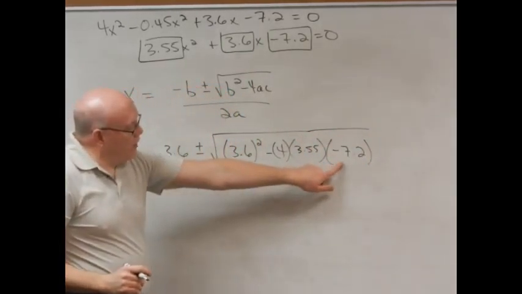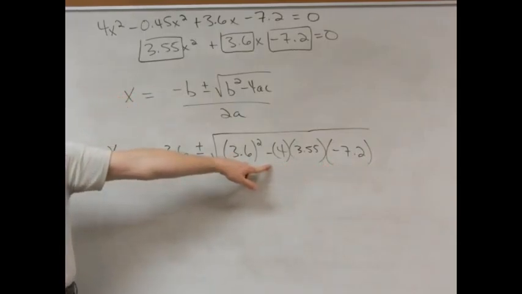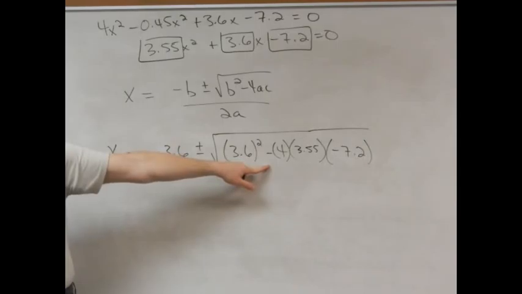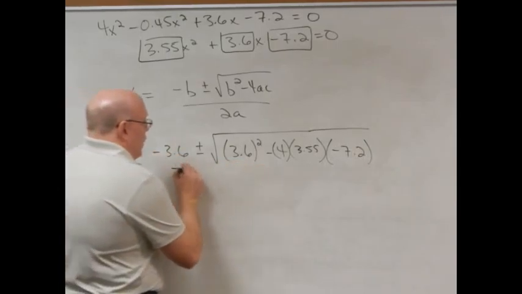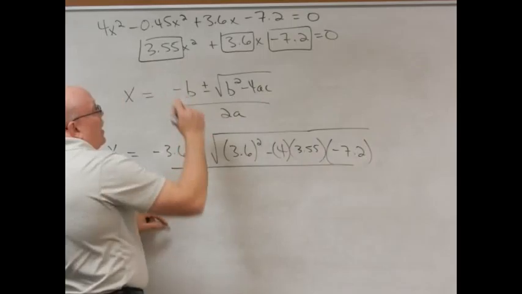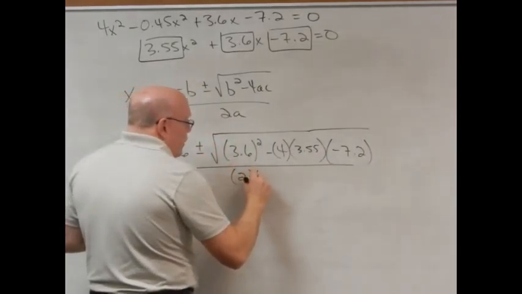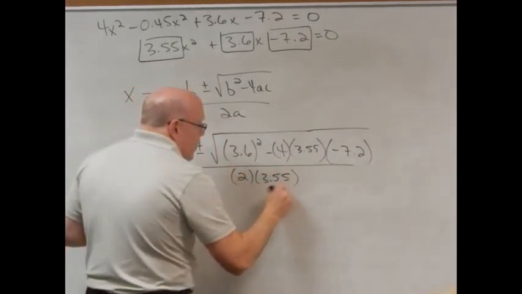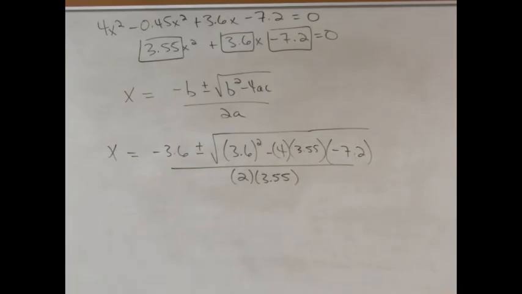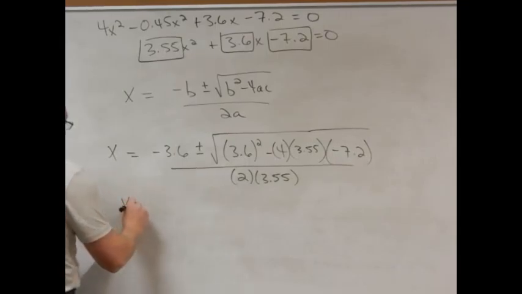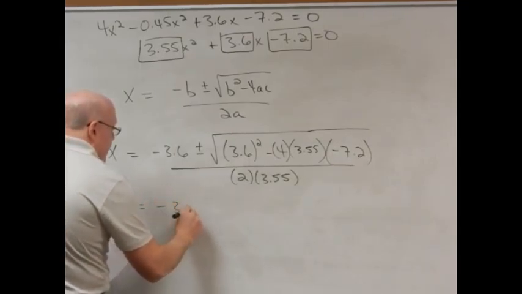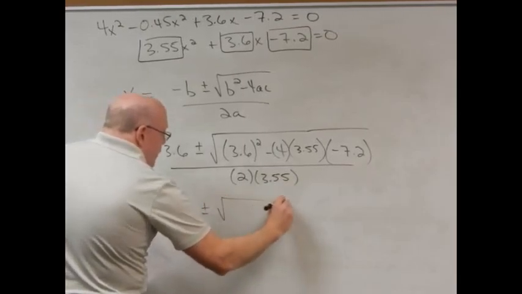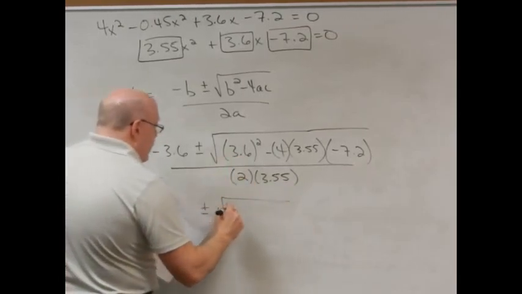If you forget that minus there, this whole thing here will become more negative than the front part, and you'll get a negative underneath the square root or something like that. 2 times a, 2 times 3.55. If I start to collapse everything underneath, let me show you the next part. Negative 3.6 plus or minus, 3.6 squared is